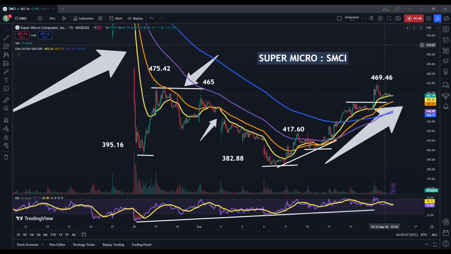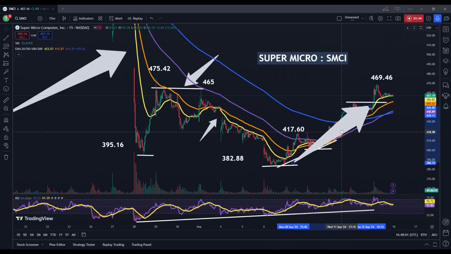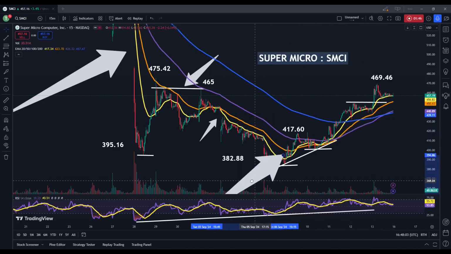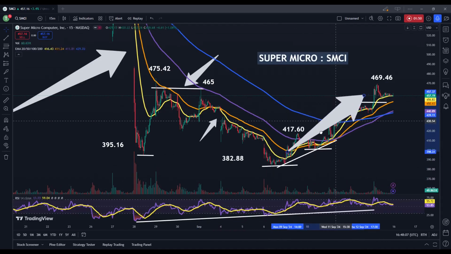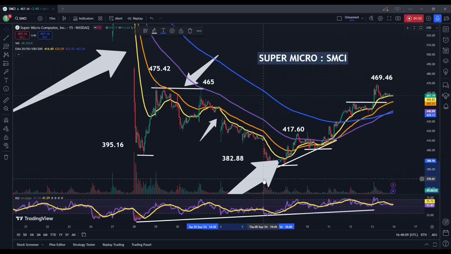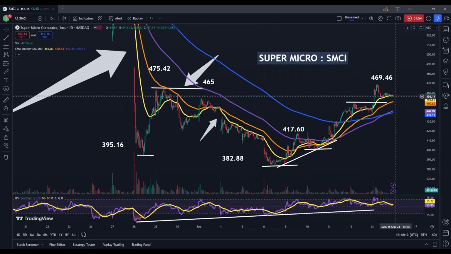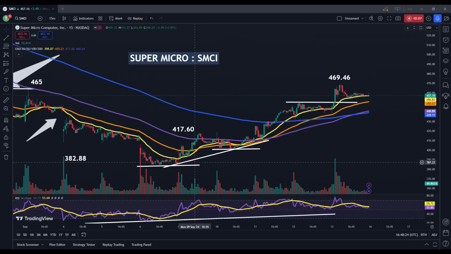So as things currently stand, what we can see here is that we have started to break above the exponential moving average cluster, and we have managed to continuously find support right around those levels. So as we can see, this 20 period EMA, this yellow line here, really has worked fairly well to contain price action to the downside, and has brought a bit of a lift in situations where the share price has